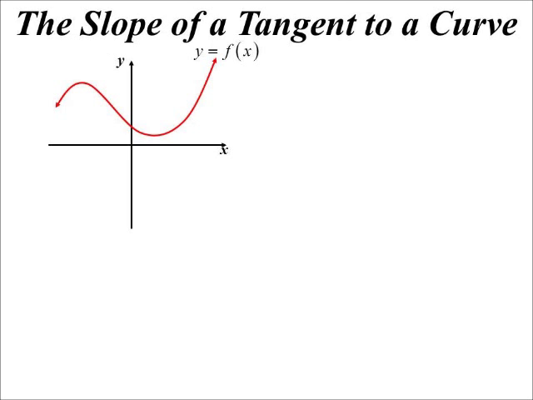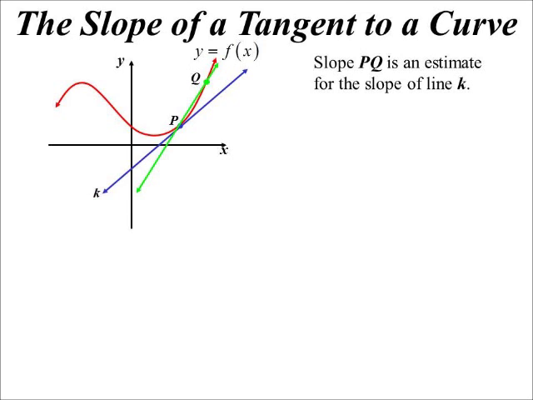So we're going to develop it by looking at a problem. How do we find the slope of a tangent to a curve? So here's just some random curve, y equals function x. Now I know the equation of the curve and I know that point. But the question is, how do we work out the slope? Normally, to find a slope, I need 2 points on the line. I've only got 1 point on the line. But I do have the curve there. So I could estimate it by drawing a secant to that curve. So PQ would be an estimate for the slope. Obviously a lousy one, but it would be an estimate.